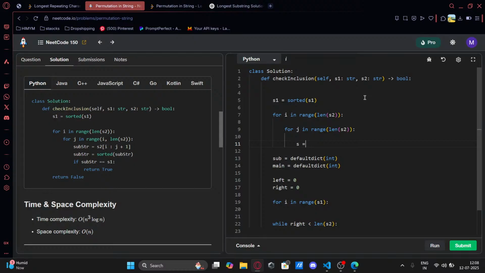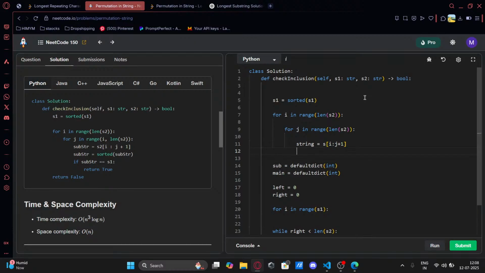Equal to, and this is the string. String is equal to, we want to slice the string from i to j plus 1. That's the start and the end. This is the string, and we're gonna check if string